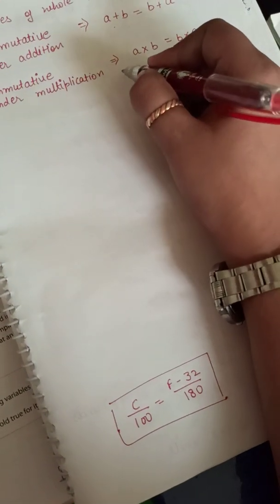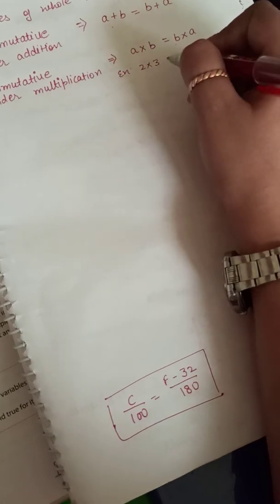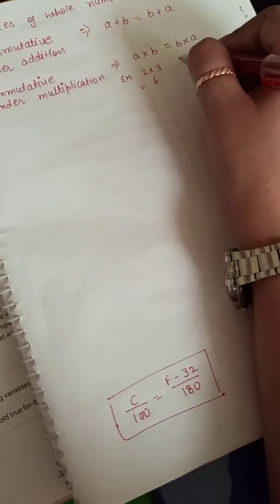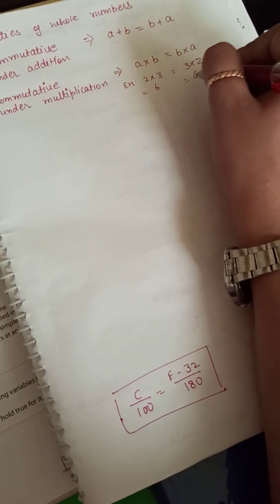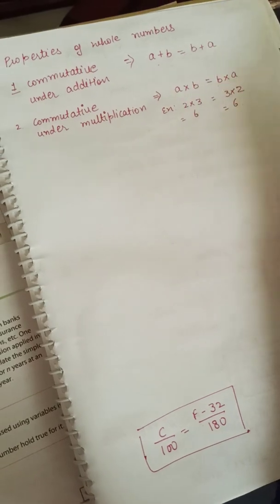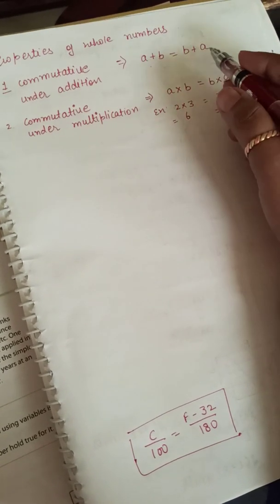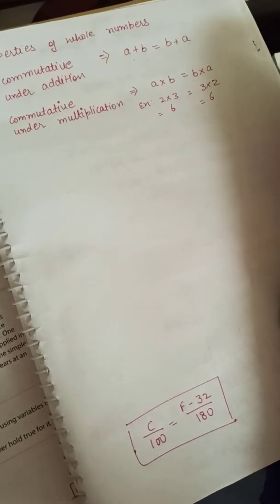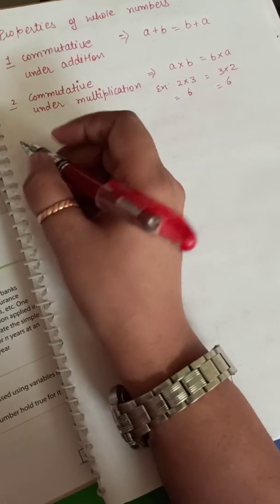It simply means if you multiply 2 multiplied with 3, then equals 6, and if you multiply 3 multiplied with 2, then also the product is 6. So clear about this property? Same rule you can apply in this. Write the example and try. After this, the third property,